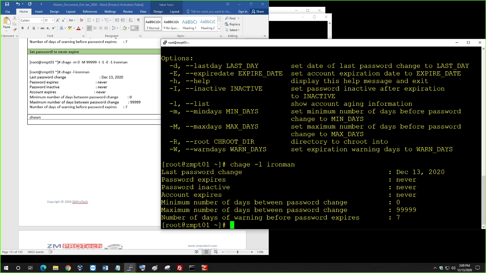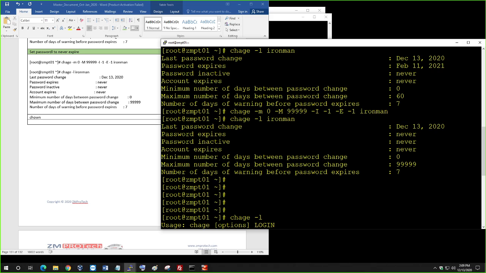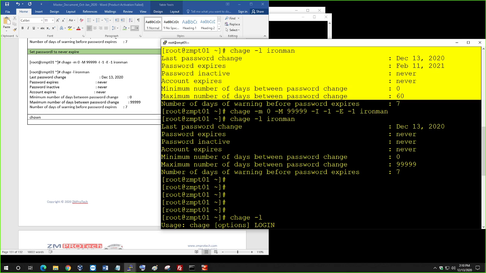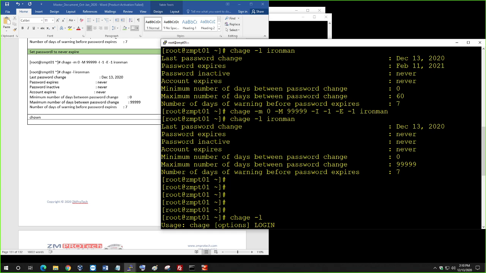Could you scroll up a little bit? Yes, right there. Yeah, this command I put in here in the document. You see that earlier when you did chage -l Iron Man, it shows account expires never, but then it shows maximum number of days between password change as 60. Yeah, this is previous, before I changed it here. I ran this command here, right? Yes. So here chage -M means